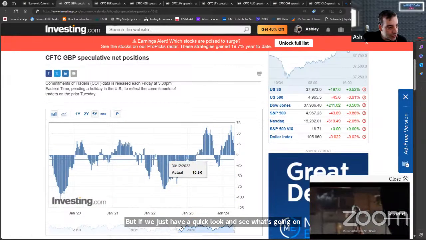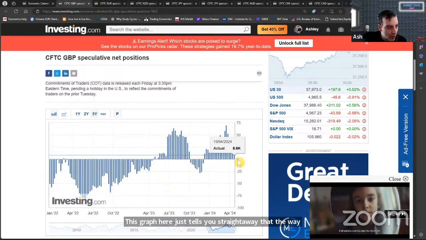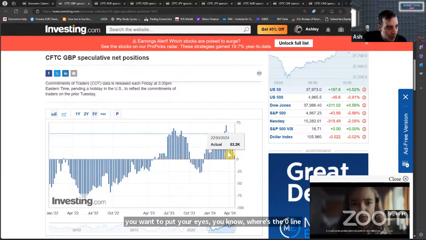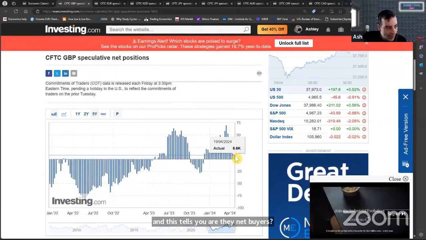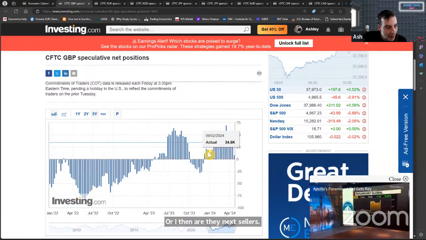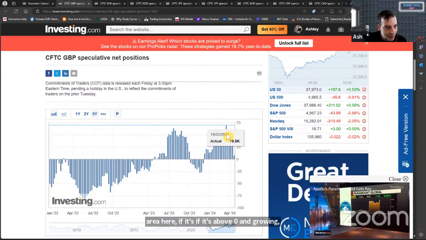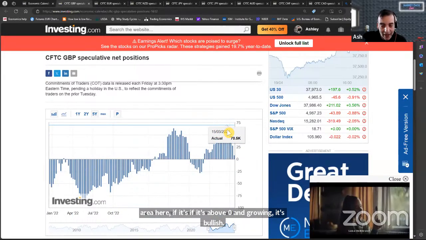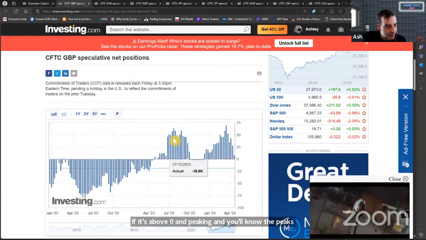This graph tells you straight away where you want to put your eye: where's the zero line? This tells you, are they net buyers or net sellers? If it's above zero and growing, it's bullish. If it's above zero and peaking, and you'll know the peaks because they are met by previous peaks here,